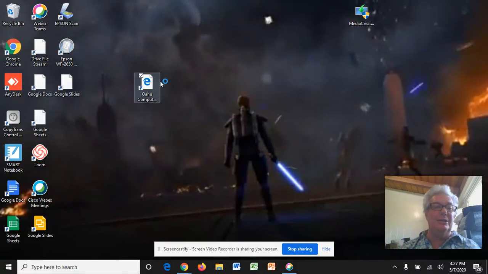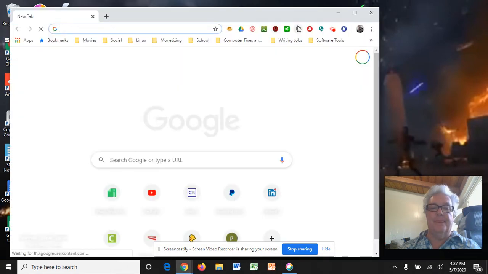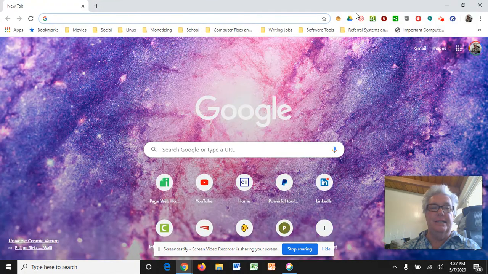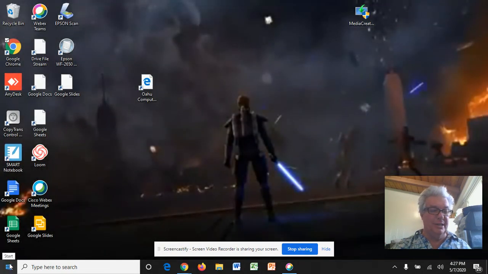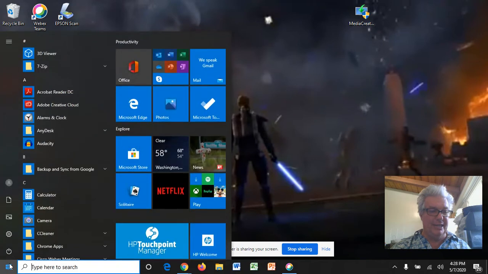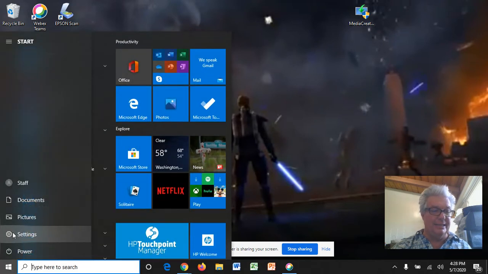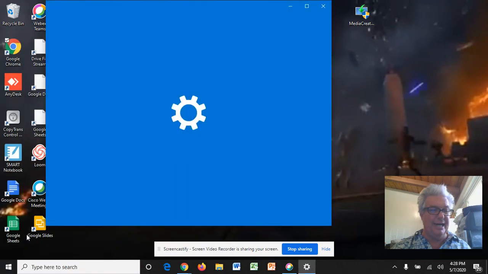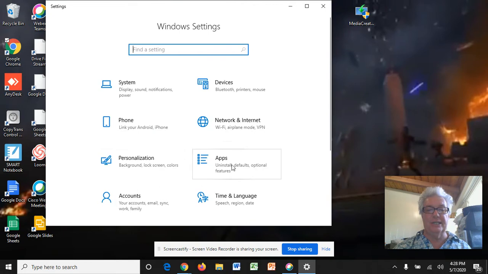So the easiest way to make Google Chrome your default browser is just to open up Google Chrome. When you do that, it will normally pop up and ask you if you want it to be the default browser. In this case, it didn't do it, which is good for us. So we're going to go over here to the Windows logo and click on that. Then we're going to go to this gear looking thing here, and they call that settings, and we're going to open that. From settings, we're going to go to apps,